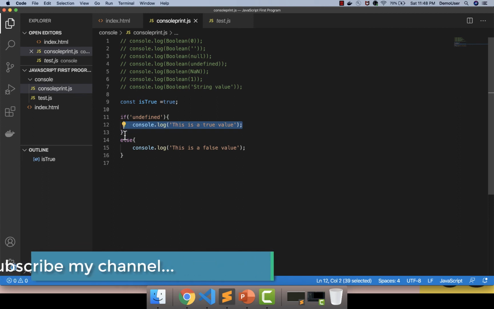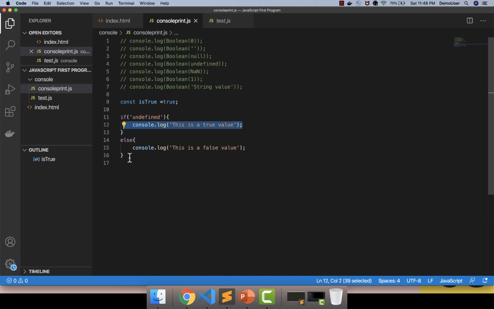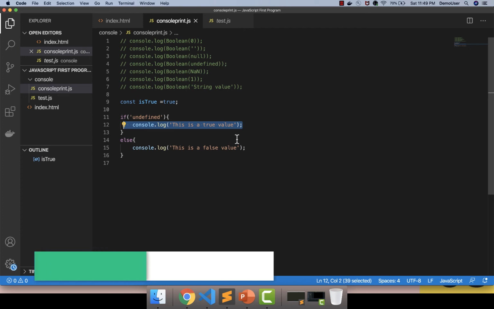So this is why I showed you this example, because truthy and falsy values are used at many places in coding. So you should also know why exactly we are using this and why exactly I'm saying it always returns true or false when we do a conversion to Boolean. So that's about this video. So we have seen how to convert a value to Boolean and how to show which value is a truthy value or a falsy value.